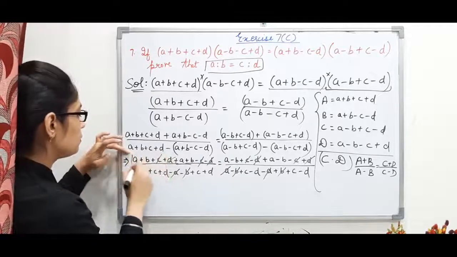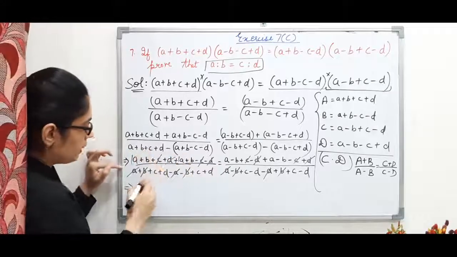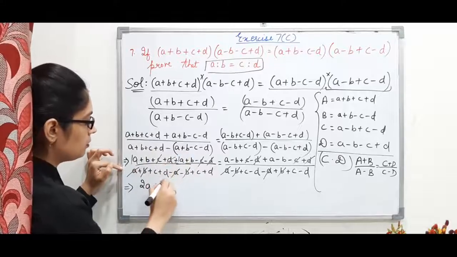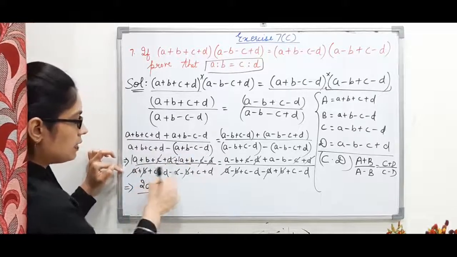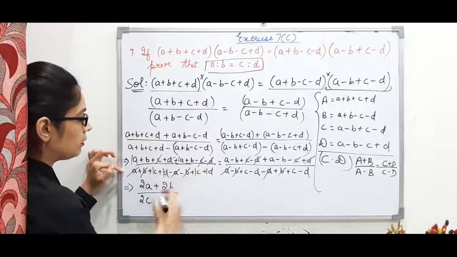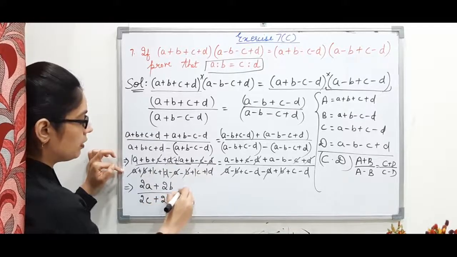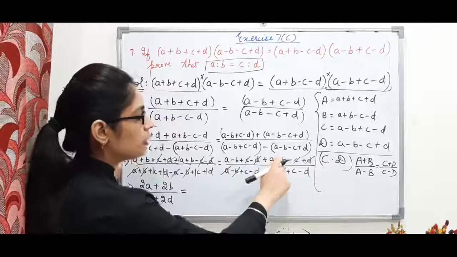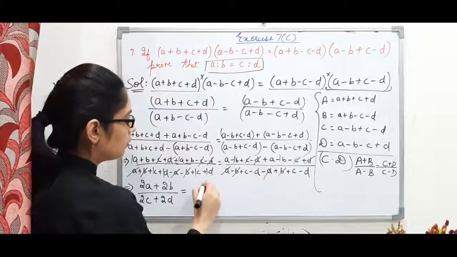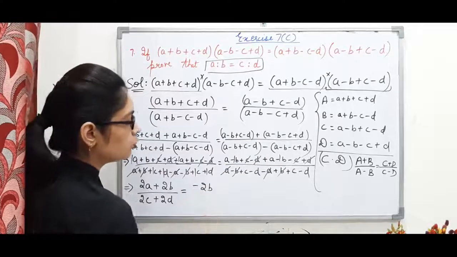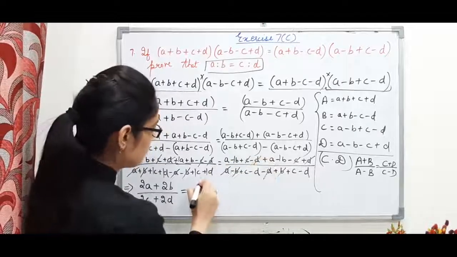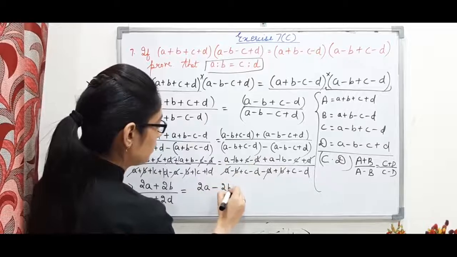A plus a means 1a, a means 1a. 1 plus 1, 2, so 2a. B plus b, 1b plus 1b is 2b. C plus c is 2c, because this is 1c, this is 1c. D plus d, 1d, 1d. 1 plus 1, 2. It is 2d. It is equal to minus b minus b. See, minus is plus. This is 1, this is 1. 1 plus 1, 2, but with the minus sign. So minus 2b. A plus a, so I can just write a plus a is 2a minus 2b.